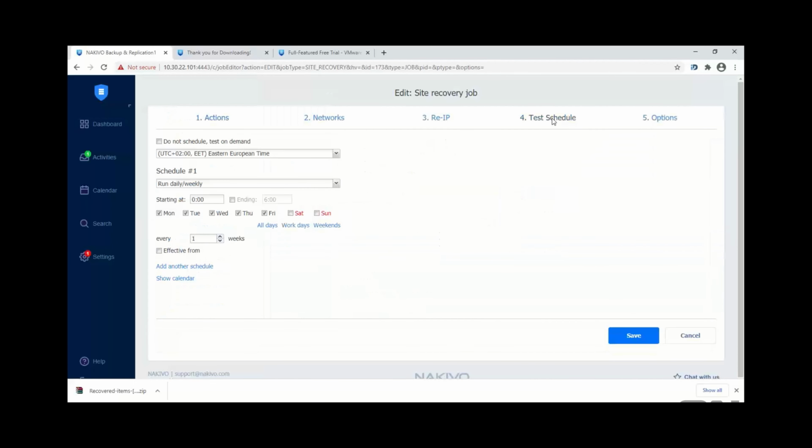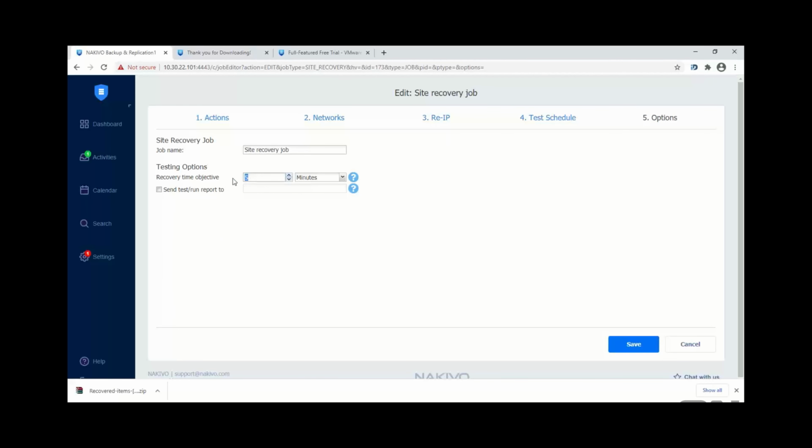Test schedule. We would like to test it every Sunday, let's say. So those actions will be tested in the isolated environment every Sunday. And under options, I can set up the recovery time objective, so 20 minutes. So within the 20 minutes, I would like all the actions to be performed, because this is my recovery time